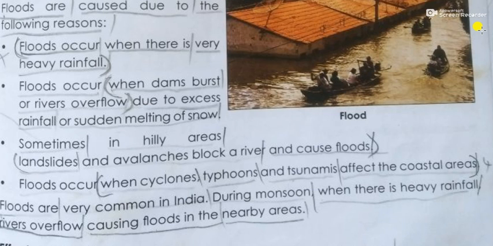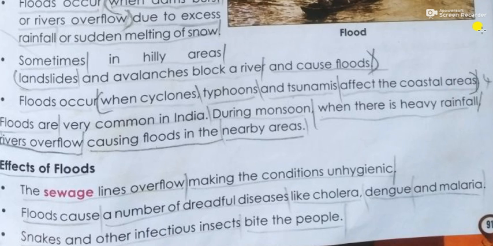Okay, and in some of the hilly areas like in the Himalayas, if there is a sudden melting of snow, then it can be a heavy flood. Sometimes in the hilly areas, landslides and avalanches block the river and cause flood. When landslides and avalanches come up, the rivers will be blocked, then naturally flood will happen. Okay, and one more thing is because of cyclones, typhoons, and tsunamis, when these kinds of heavy unusual things happen,